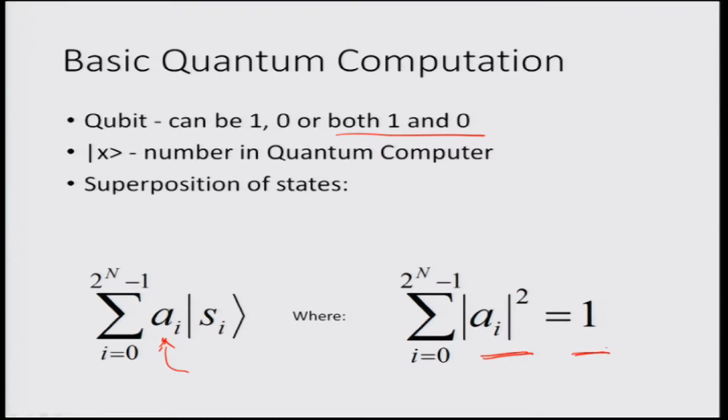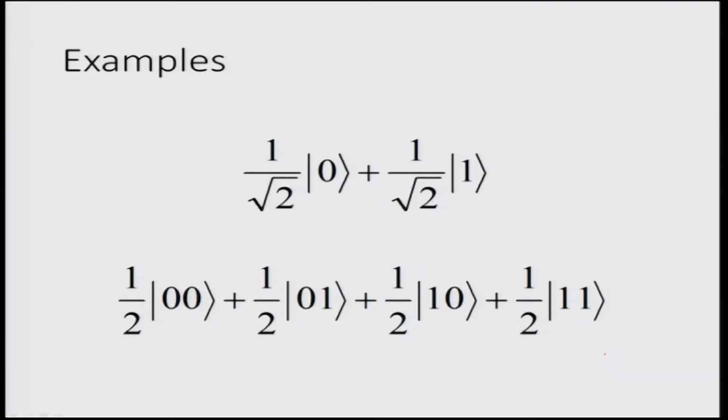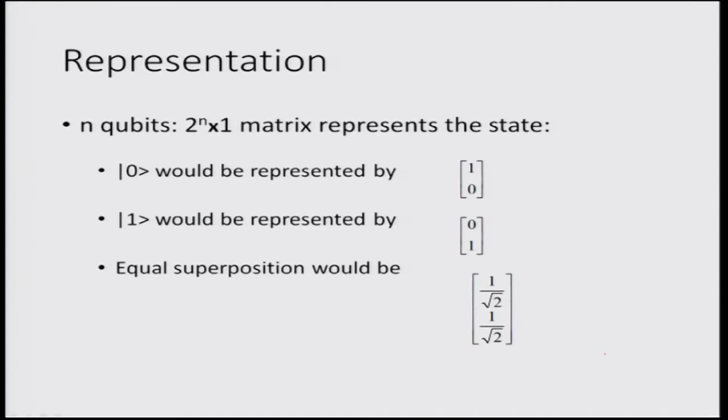These are all the concepts that we have taken, and as a result the summation of the squares of the amplitudes for the states would always be equal to 1 in order to sustain the probability laws. So, we have been using these kinds of states, entangled states, superposition states,